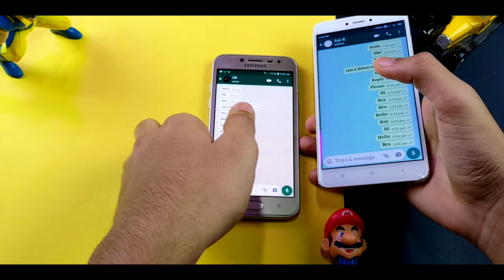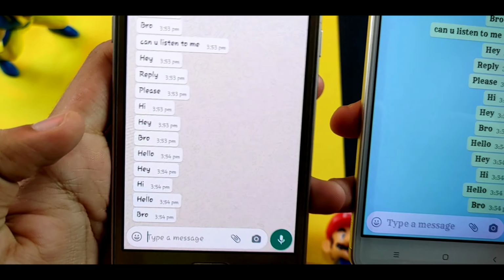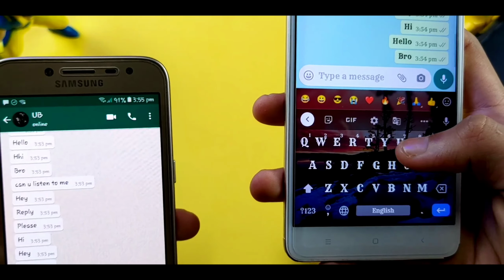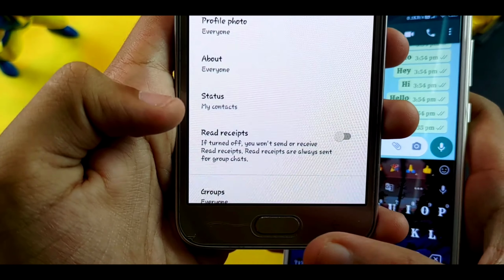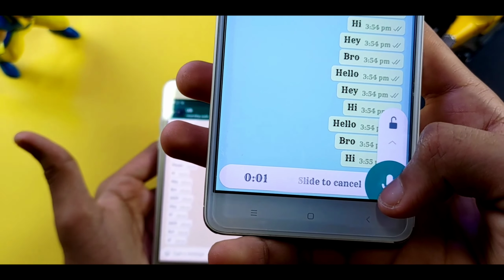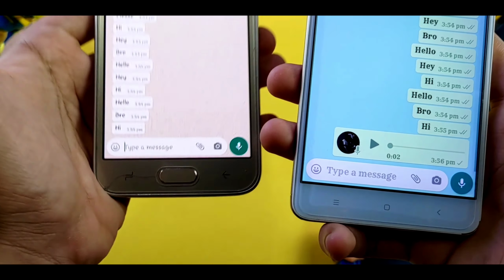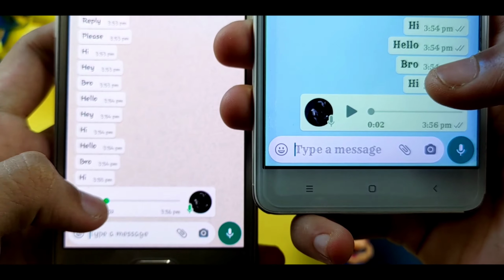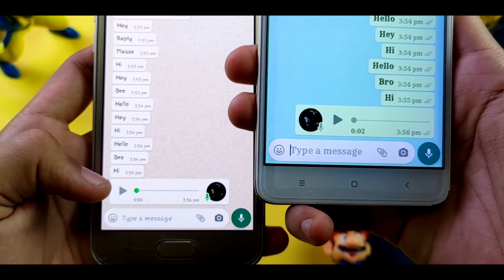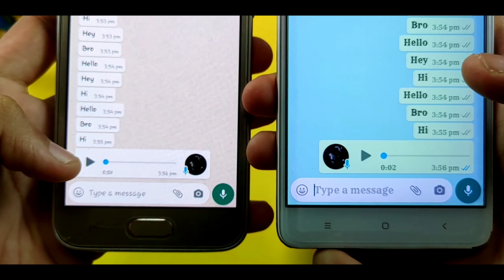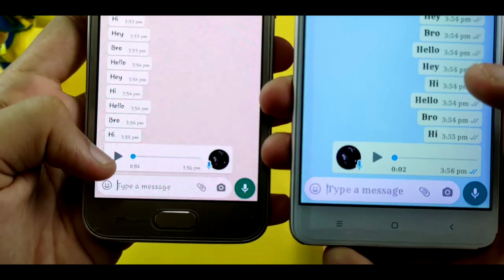So the next thing that happens most often is, you send some message to your friends and they will read it but not reply, and you won't even get a blue tick, so you won't get to know whether they are reading my message or not, because they have changed the setting and disabled the read receipt. So to know whether they are reading your message, the only thing is to record some audio for 1 to 2 seconds and send it to them. This will make them curious what you have sent, and later they will play the audio, and after they play it you will get a blue tick near the audio bar, so that you will clearly get to know they are reading your every message but not replying at all.